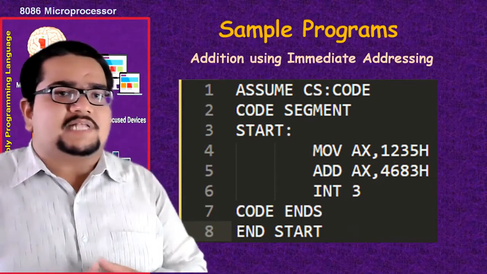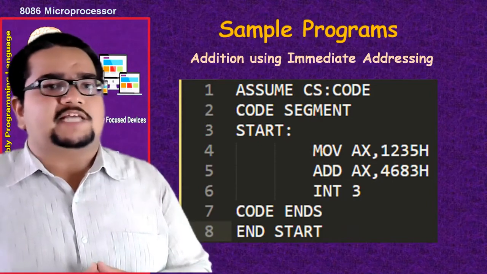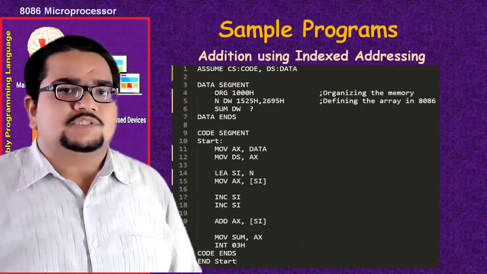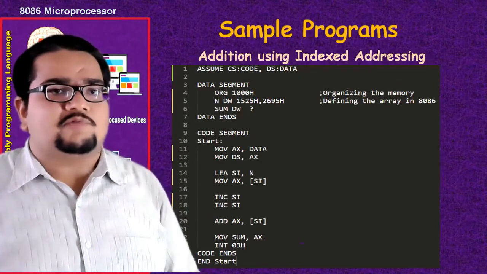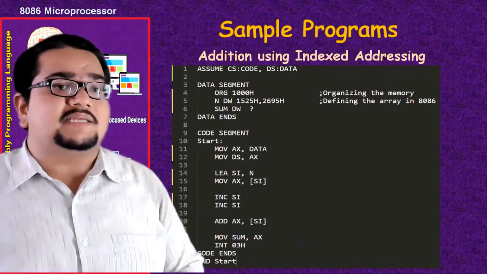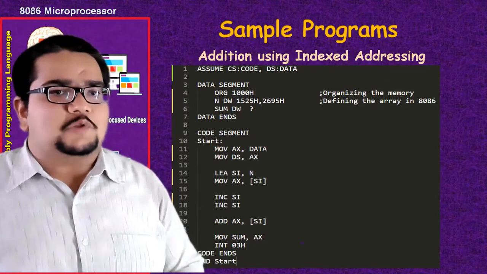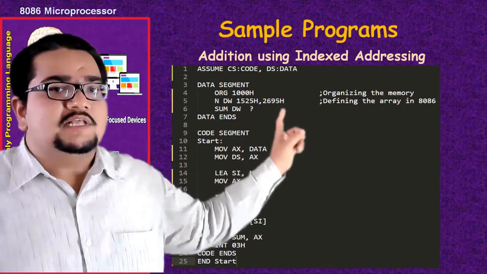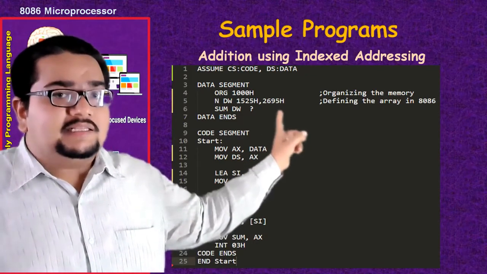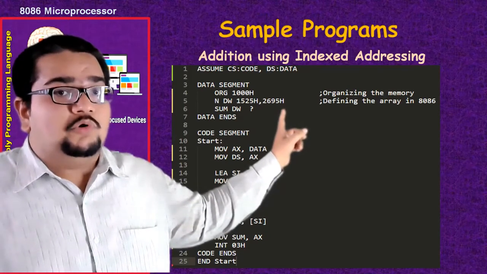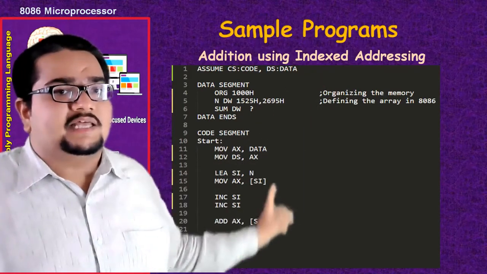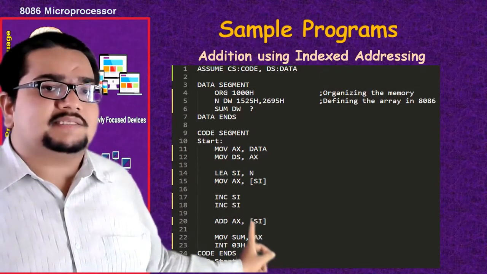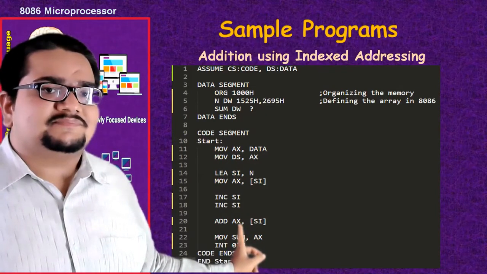A few more examples I'll show. Anyhow, the complete explanation and working of these programs we shall see in the practical sessions. So here is another similar type of program, but here the addressing mode which I'm using is different. Also, I'm not using immediate data. I'm storing my data into memory first, so memory type of addressing will be there. In memory type of addressing also, group 2 will be using indexed addressing here. Why so? Because I'll be using the index register to store my operand such that I can add into AX.